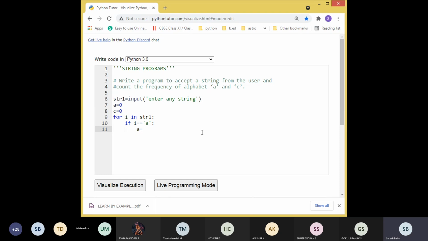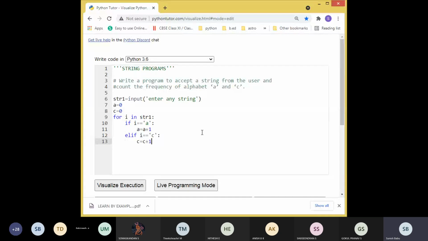A equal to 0 we already initialized, so we count the value a equal to a plus 1. Suppose it is not satisfied and it matches with the next character, that is c. Elif i equal to c, if it's satisfied, we can count the value for c by incrementing its value. So no need for other characters, and no need to give the else condition also. Only these two conditions. That's all. It's going to process all the characters.